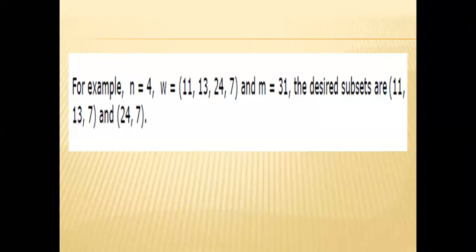Next, what is another sum of the subsets? Already we have studied subsets in sets. Subset means, for example, one of the sets 1, 2, 3, 4, 5: 1, 2 or 1, 3 are subsets. These are all the subsets. So the sum of the subset means the sum of 24 and 7 equal to 31. It is x1 equal to 3, x2 equal to 4. It is another solution. So the sum of the values equal to 31.